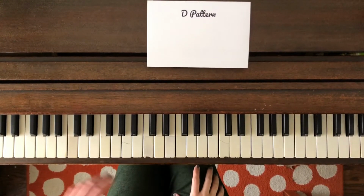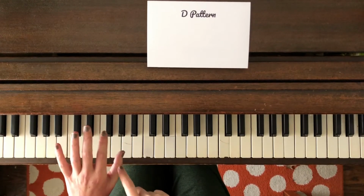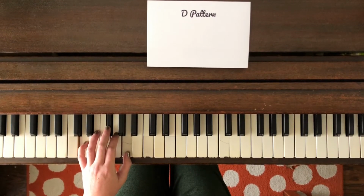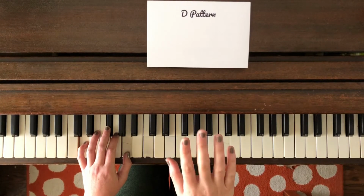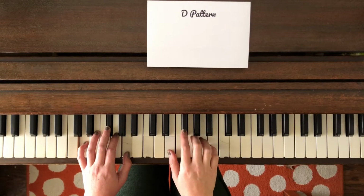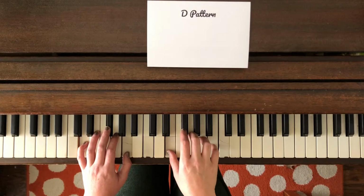For the second pattern, move left hand 5, 3, 1 down a step to play a D major chord. As left hand holds, right hand is going to enter with 4 notes that seesaw back to E. Start with 3 on treble G. As always, place your other fingers on neighboring keys, including F sharp, and play 3 down to E, and then